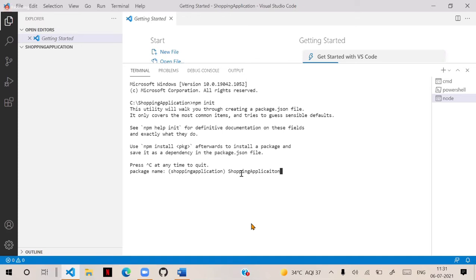Here you can give the shopping application, or you can simply use any other name, or you can leave it empty also. When you leave it empty, it will take the default name inside this parenthesis. So you can just define any name for your application.